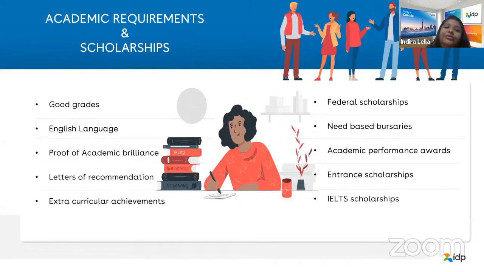So proof of academic brilliance, if you have any kind of academic performance awards, that might also draw you some kind of extra amount in terms of scholarships. So extracurricular achievements, maybe some people who have some really outstanding sports thing, they can also apply, but everything is after you go to Canada only. You don't get any scholarship when you're there in India. I'll explain you why they are not providing scholarships from here.